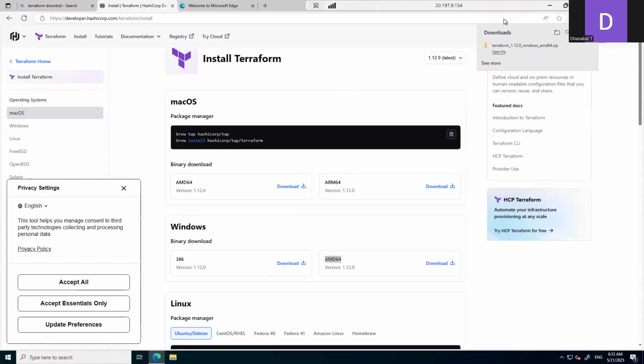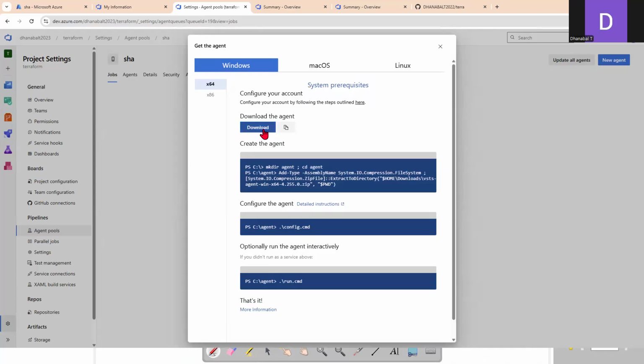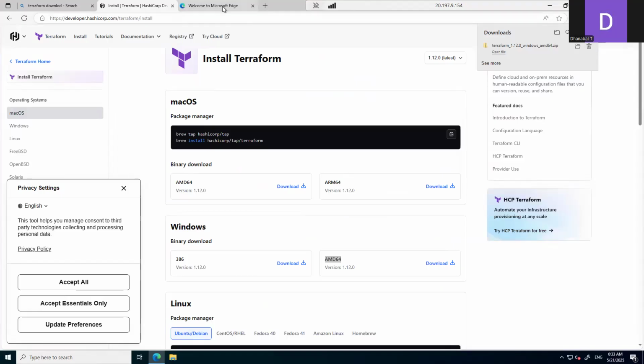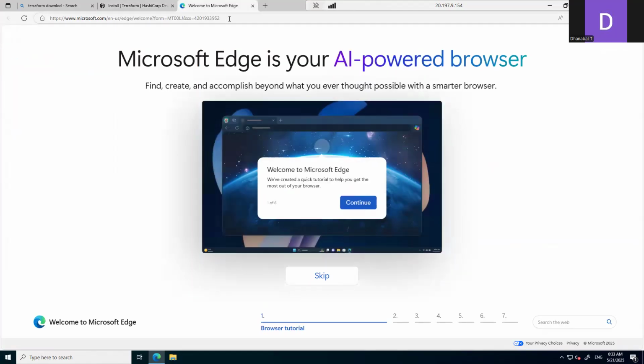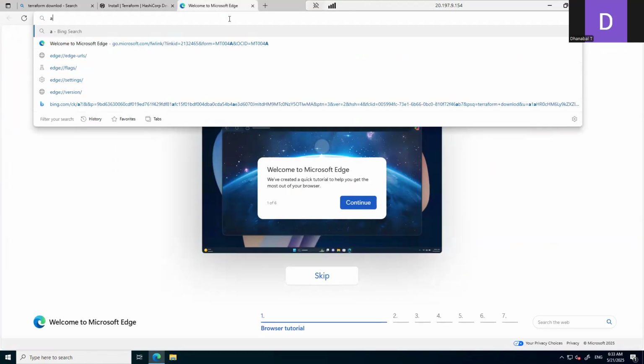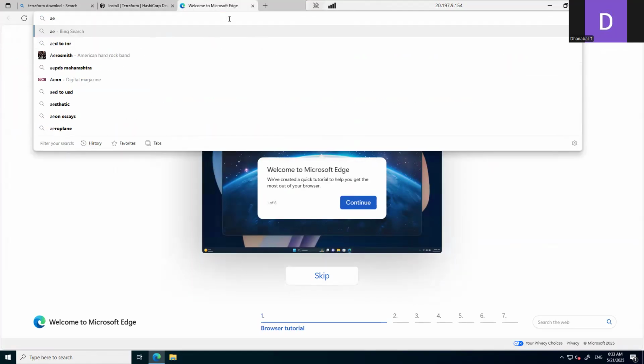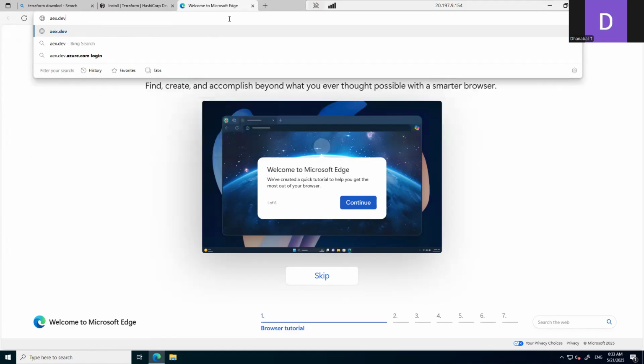So this is the virtual machine. And if I download, it will download to my machine. So one way is you can download here and then copy paste it. Another way is you can log into your DevOps organization, in case you are sitting at home and your internet is not that good. What you can do, you can just log into this